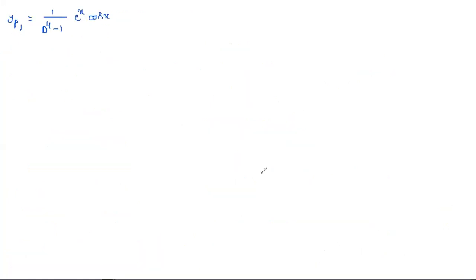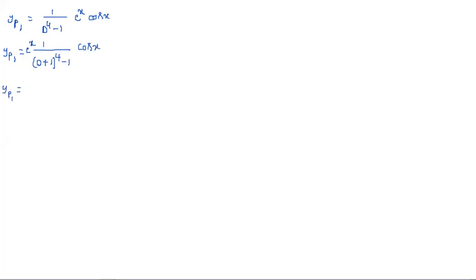And now, so here it is. As per the usual procedure, you need to follow that. First, you need to write y_p1 equal to, so e^x you need to write on the left of this, e^x into 1/, in place of D we have to substitute D + 1, whole power 4 minus 1, into cos x. And now we need to apply the second method.